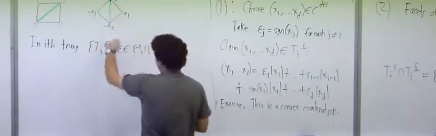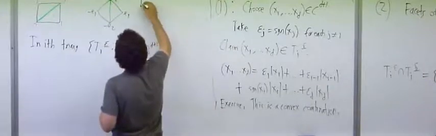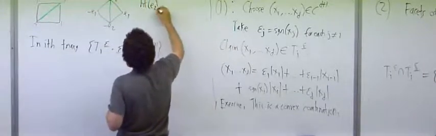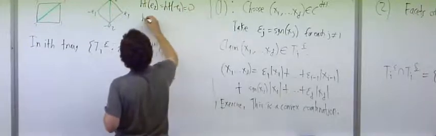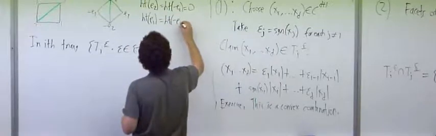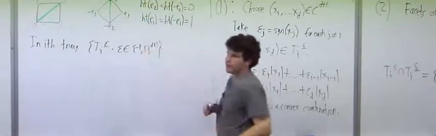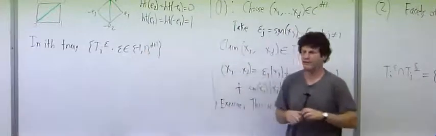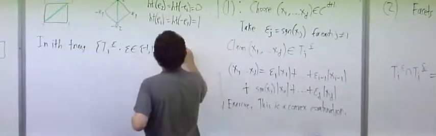Then I take the height of E2 to be 0, the height of minus E2 to be 0, and the height of the other points to be 1. So let's just generalize that. If I want to get this triangulation of the d-dimensional thing,